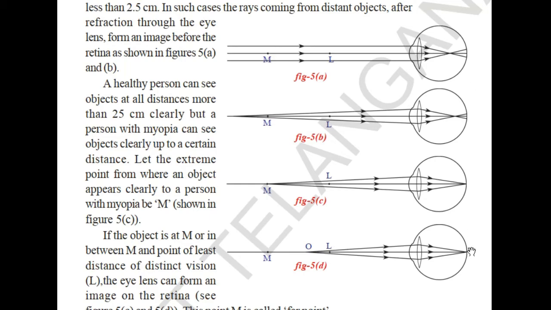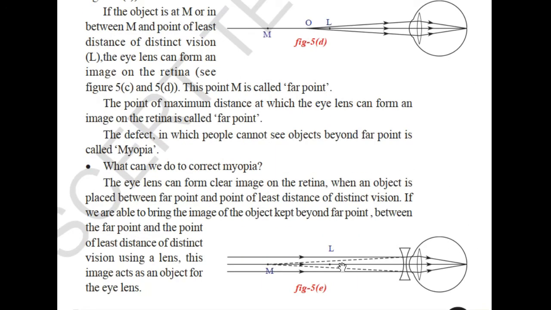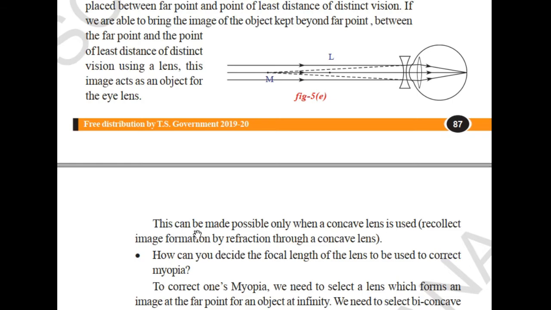now the image should be formed at the retina. Okay, to form an image at the retina, which type of lens are we using here? Yes, because with the help of the diagram you can say. So this looks like concave. Okay, so we will be using a concave, biconcave lens. Okay, so here the lens is placed between the far point. ఇవన్నీ మనం ఎక్కువ డీటెయిల్గా నార్మల్గా కూడా రాసుకోవచ్చు. So this can be made possible when a concave lens is used. Okay, concave lens పెట్టాలి ఇక్కడ మధ్యలో.